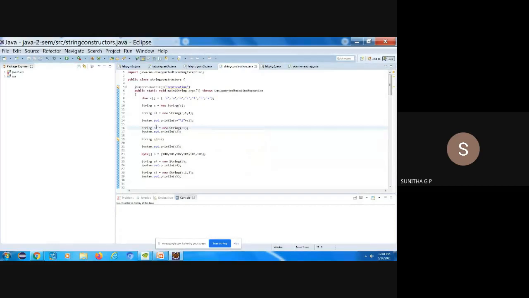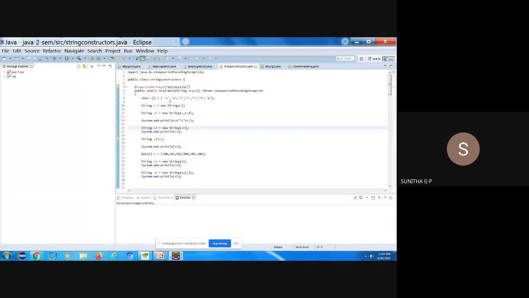Okay, so what is the output of S2? Whatever value I am having in S1 will be copied to S2. So line number 16 and line number 19 are the same. Here I have written a copy constructor. Even though I have not written this, if I have a statement like 19 in my program, then the copy constructor will be implicitly executed. Okay, so one object will be copied into another object. S2 is equal to what I have sent, S1, and S3 is equal to S2, so I should get the output S1 equals S2 equals S3.